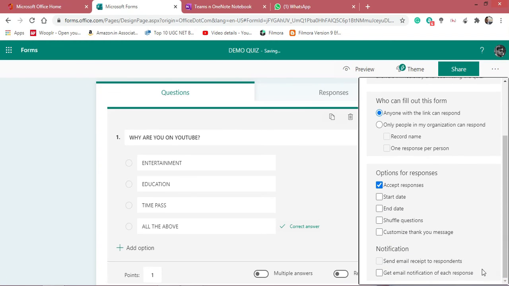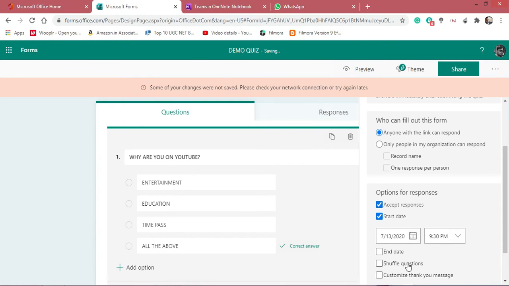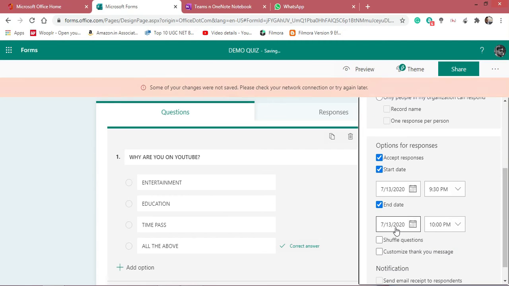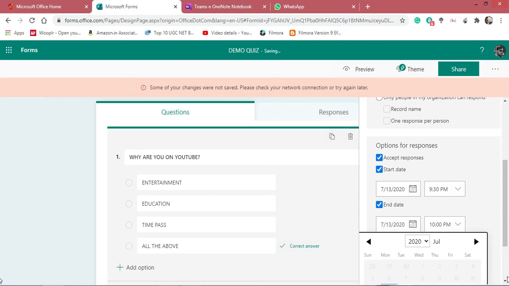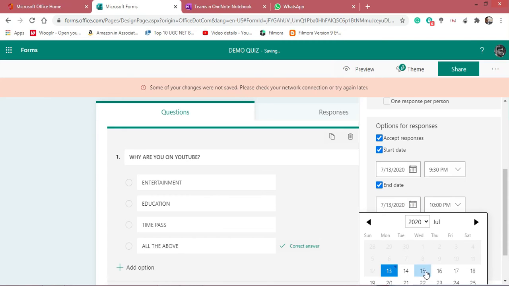Thereafter, it will also have one more option where you can set the start and end date of this particular quiz. So it's not that once the link is given to the student, he can write it whenever he wants. It should be within a certain period of time. Within that period he needs to complete it, or else if you don't give any start and end date, students can answer anytime they want. In the same way, there are multiple options in the settings, and once you customize it, you can go ahead and share it with the students.